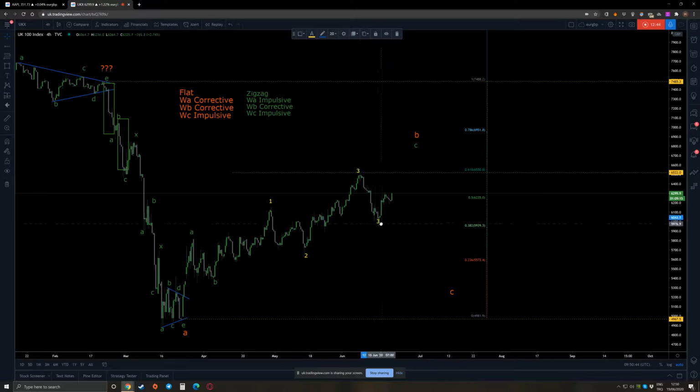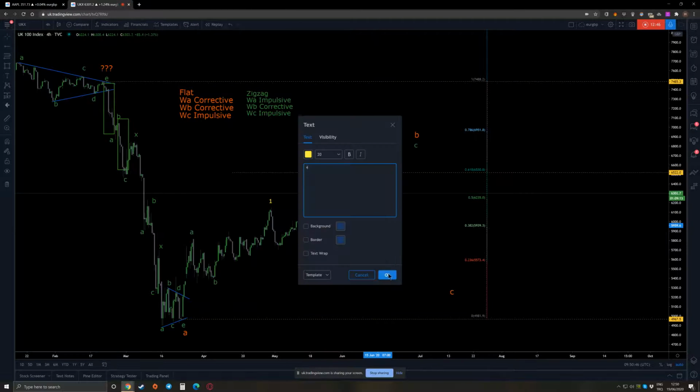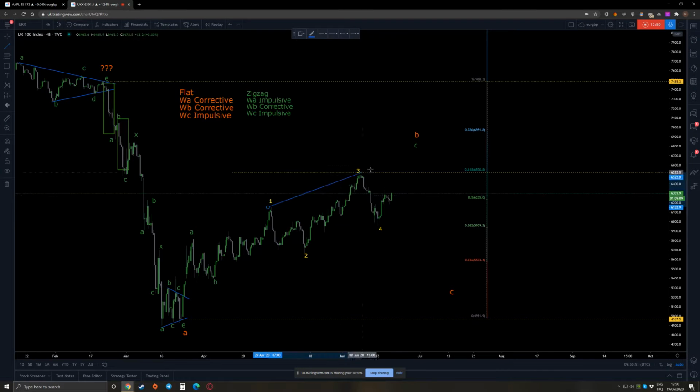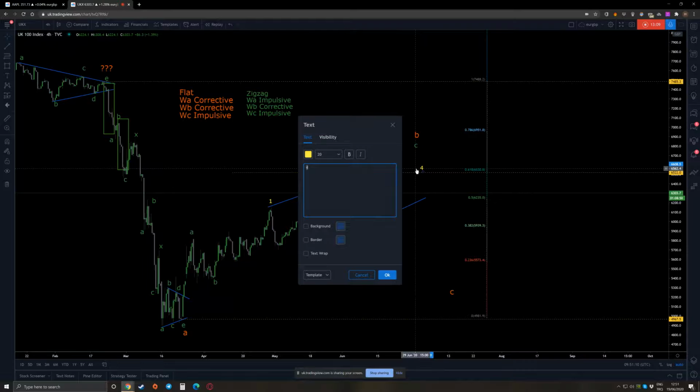And maybe we have a fourth wave. Now, when you want to do this, this usually looks like a wedge pattern. Okay, so if this is the case, and we will have a fifth wave somewhere around here,